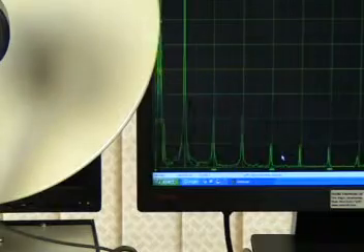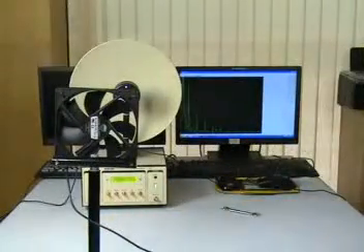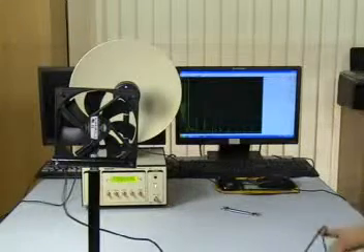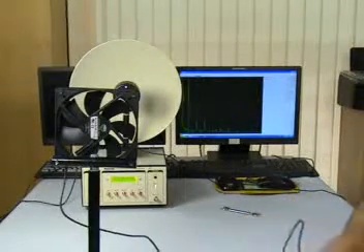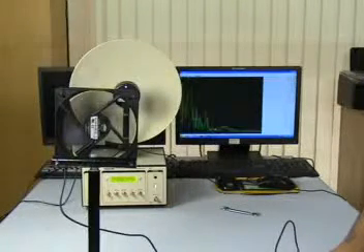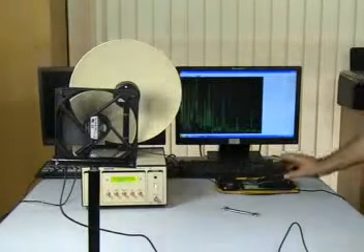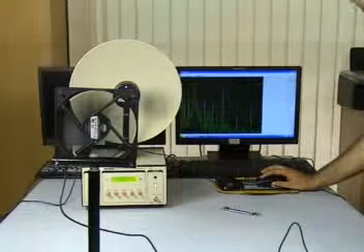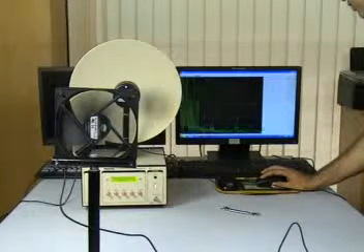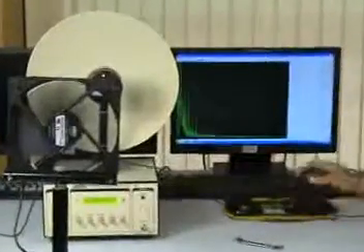The radar sensor can also detect the motion of a moving fan, which could be the fan of a turbine blade of an aircraft. For emulation, we have provided you with a fan, and the fan is also being provided with a speed controller. Now observe what happens when we switch on the fan. As the fan is switched on, we start getting the signal for the fan, and we are able to detect the moving fan.